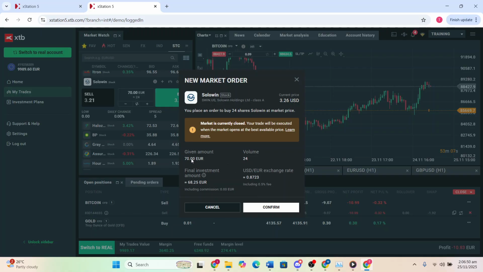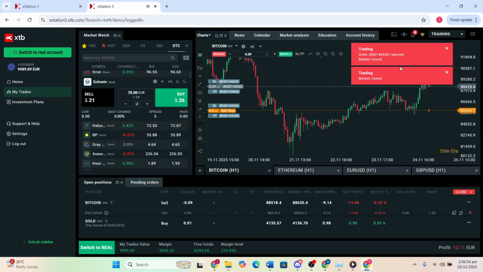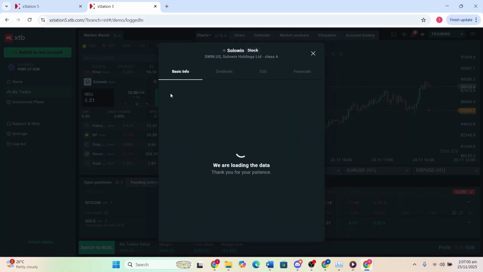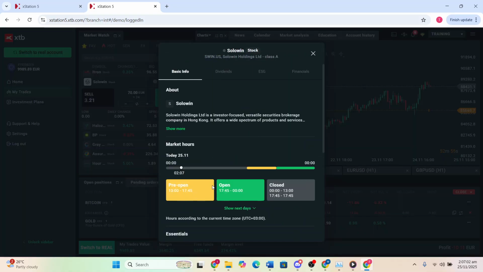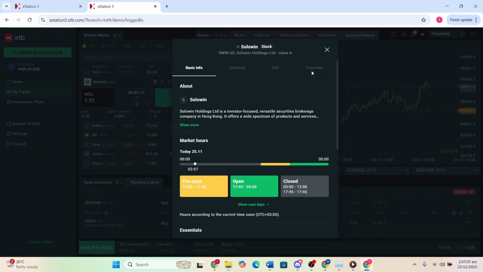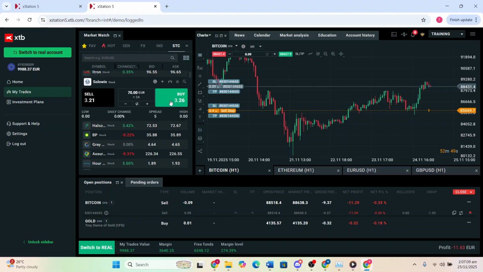So here's the volume. You'll see your given amount right here, the current price. And then you hit confirm and the trade would be placed. Now make sure you are in the market hours to place your trades. Because if I click here right now, we are not in market hours. We are closed. But once you are in the market hours, you can just go ahead and buy stocks that